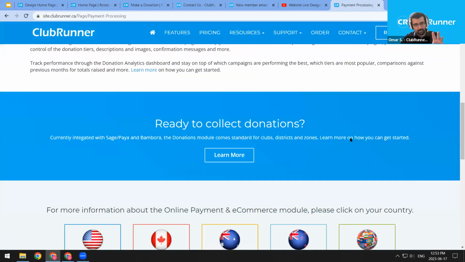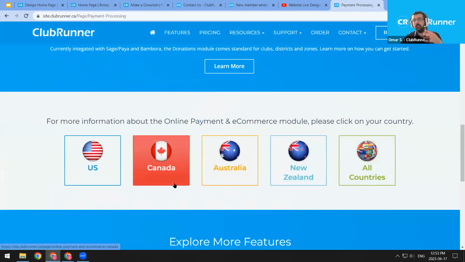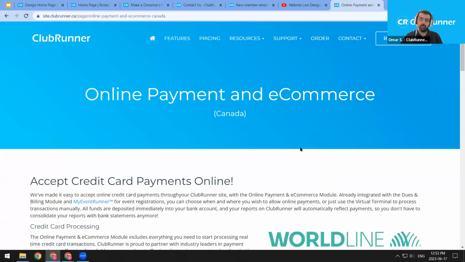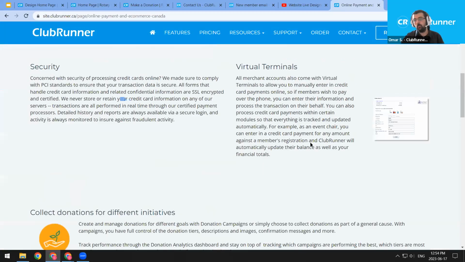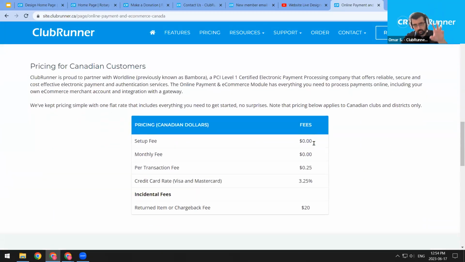So this is the online payment features page. I'm just going to scroll to the bottom. We've partnered with different processors based on your country. If you forget where this is, just reach out to us, support@clubrunner.ca or clubrunnersupport.com, contact us. We're happy to share this information. So we've partnered with Worldline for Canada. And if I scroll past this introductory information,